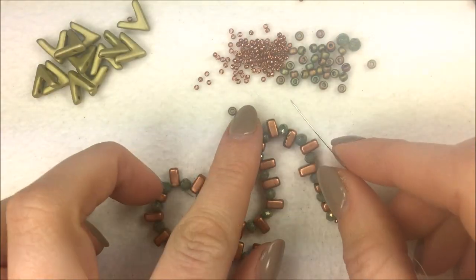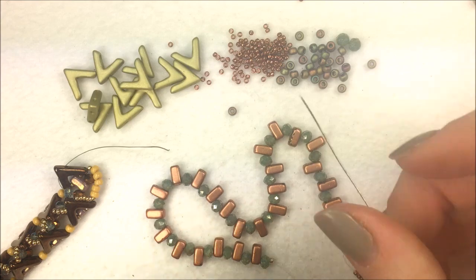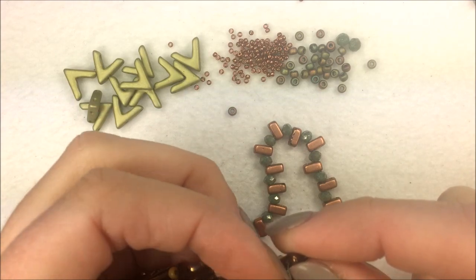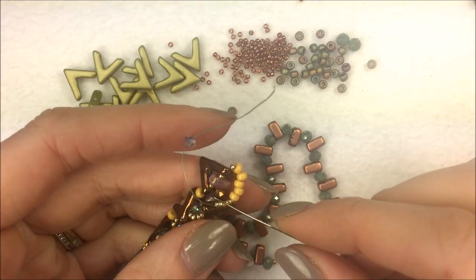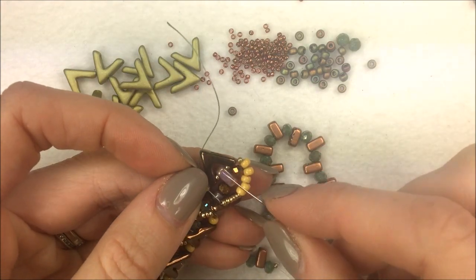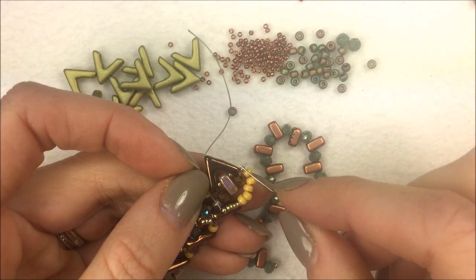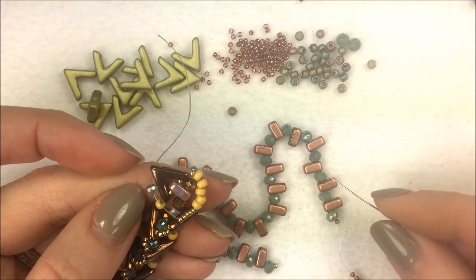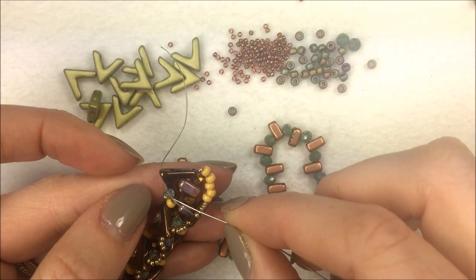After you get your baseline, you want to lay out some 15-0 seed beads, a couple of your 8-0, and your AVA beads, because we're going to go back down the row now and create them. When you're looking at the end here, I'm going to pull out that last one just so you can see. We're going to be adding the AVAs on the sides of, or in between rather, the bricks. There's going to be a 15-0 on either side of the brick that we add in, and we're going to add into the first or the bottom holes of the AVA bead. We're going to do this down one side, which is going to allow us to pick up every other brick that we have. In between the AVAs then, we'll add a 15-0 and an 8-0,